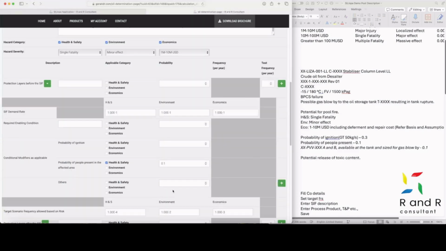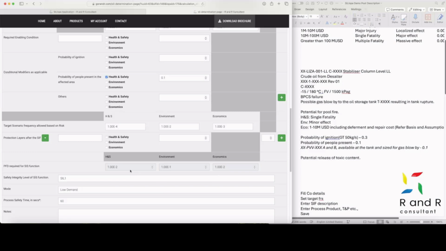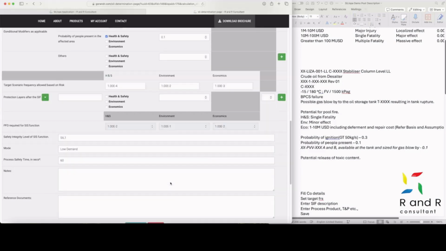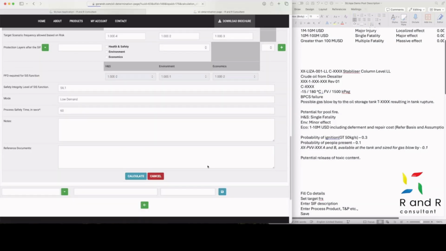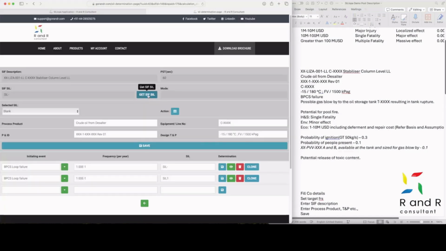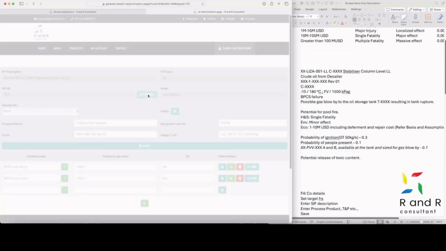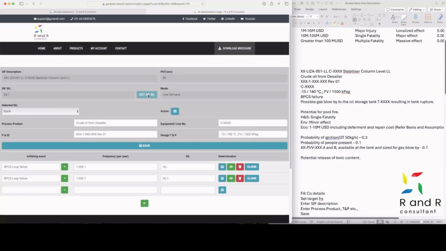As explained earlier, if there are other initiating events, their SIL can be calculated. After all scenarios are addressed, go up and get the SIL. Select the SIL for the SIF.